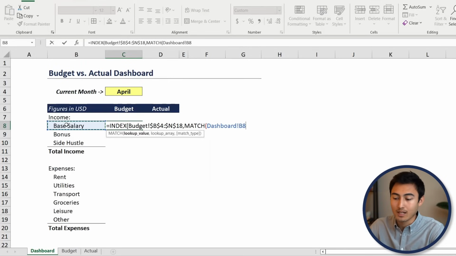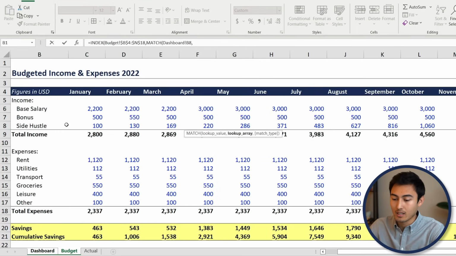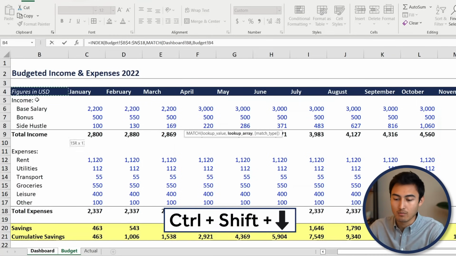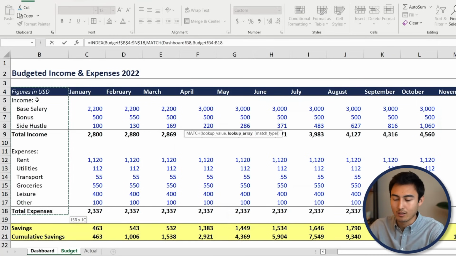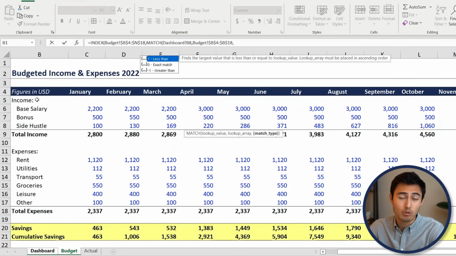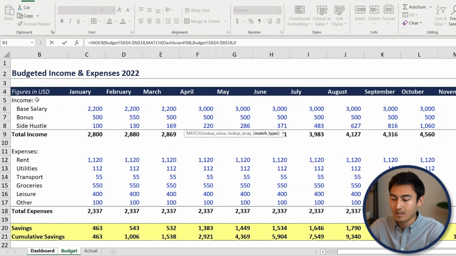It's going to be the base salary because that's what we're interested in. Press the comma key, the lookup array is going to be the whole range where you have these, which is going to be this range over here up until total expenses. Press the F4 key there, comma, and the match type, we want the exact match. So put a 0 there, close those brackets,